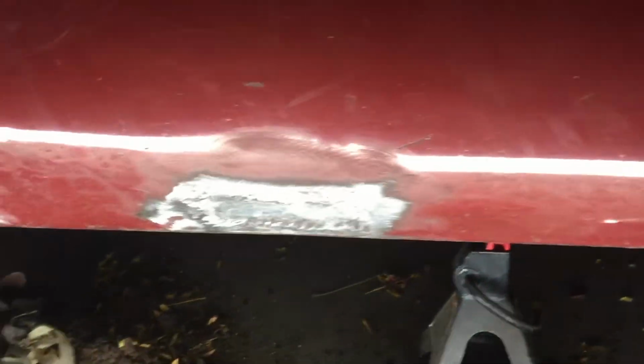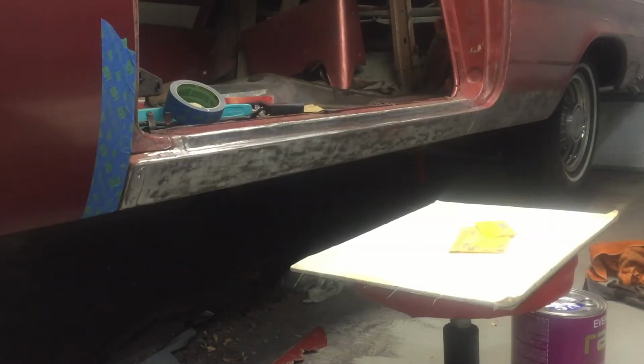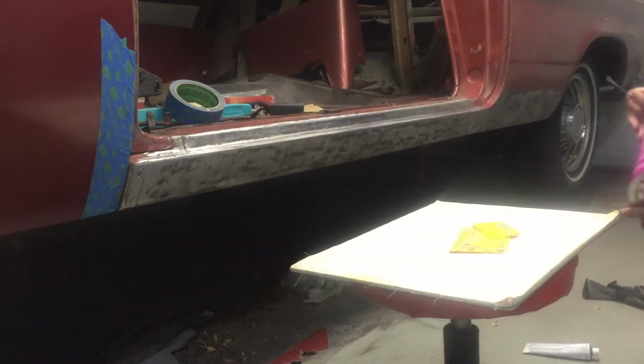So I'm really happy with this. And we got this little one finished too. Now that I've got everything welded and ground down, the first thing I want to do is wipe all the surface down with solvent. With that all cleaned up,